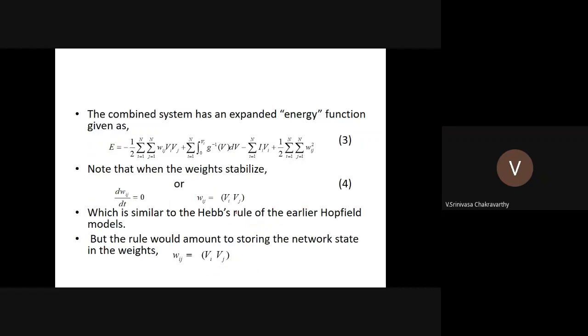vi vj. You see that this kind of looks like the Hebb's rule, because what we have done in Hebb's rule is take this stored pattern to be stored, and did wij is equal to SiSj. But here what we are saying is,